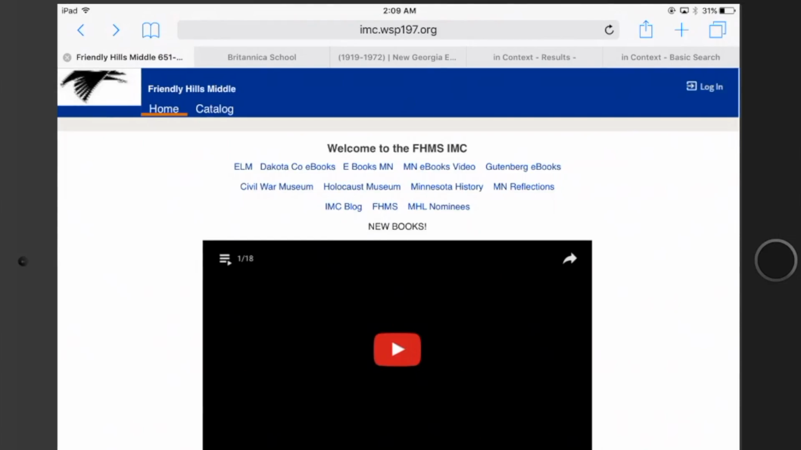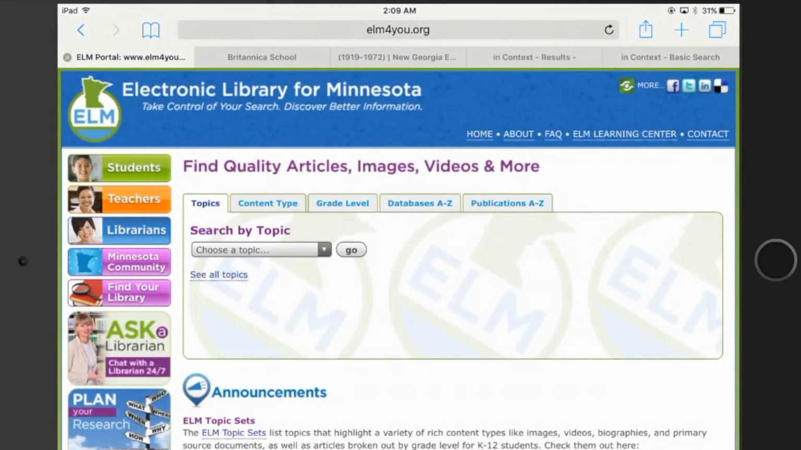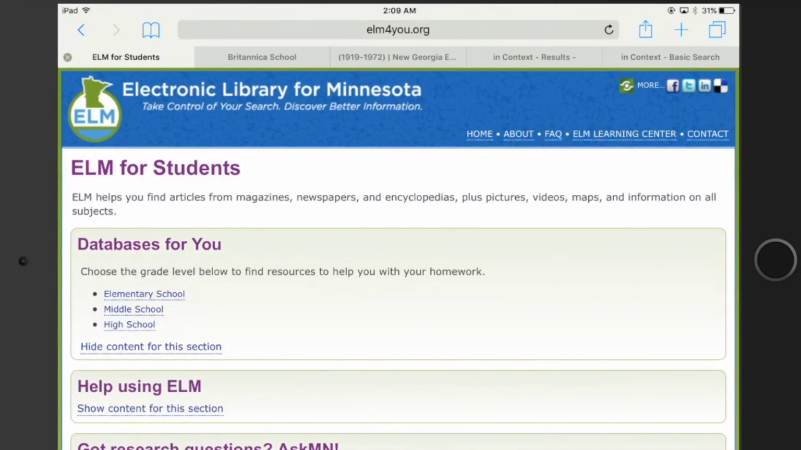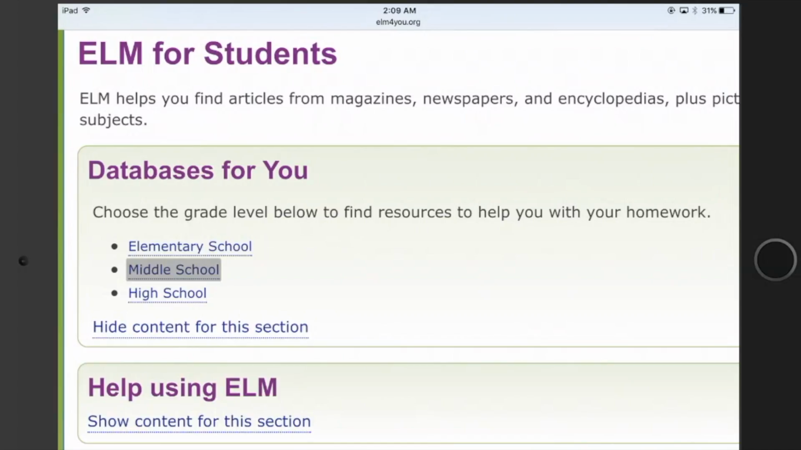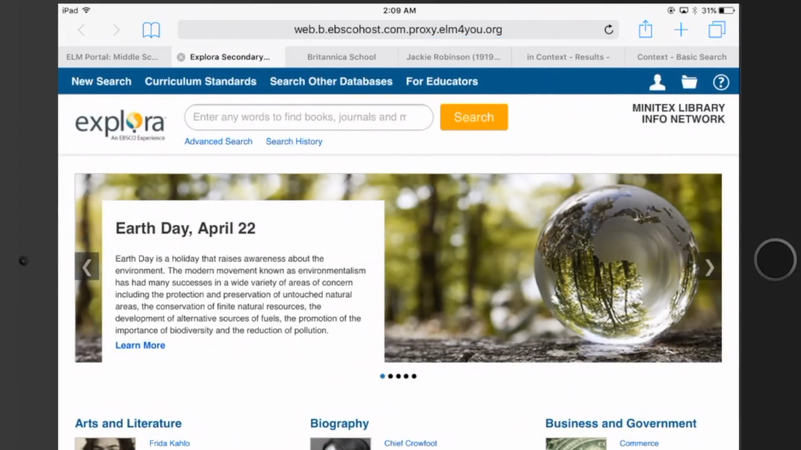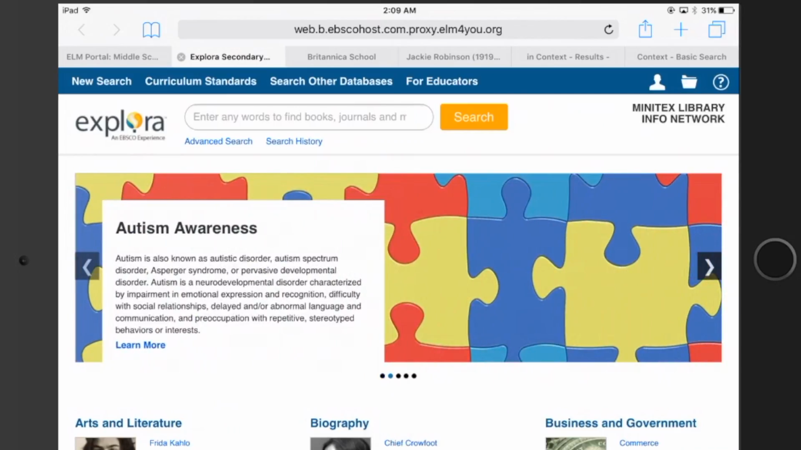So remember, you get to it from the library homepage by choosing the ELM link. ELM stands for the Electronic Library of Minnesota, and we're going to limit the information by going to Students at first, green button, Databases for You, Show Content, and we're going to go to Middle School. All right, and here is the Explora Teens database, and it's kind of flashy, just like the other one. It has Earth Day information. Remember, this is mostly